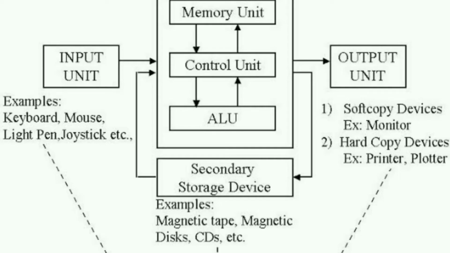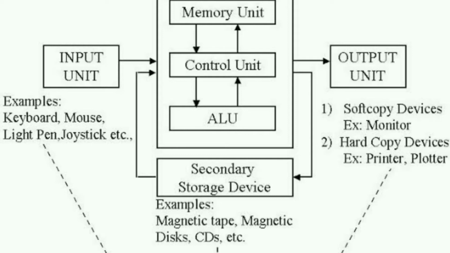So the basic components of a computer include input devices, output devices, the memory unit, control unit, all those. You will be able to see the picture now there. So whatever input you first give into the computer is processed and then we get it as an output. So for giving an input to a computer, we need some input devices. Input unit examples are keyboard, mouse, light pen, and joysticks.